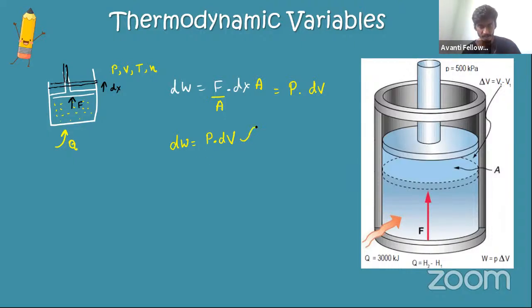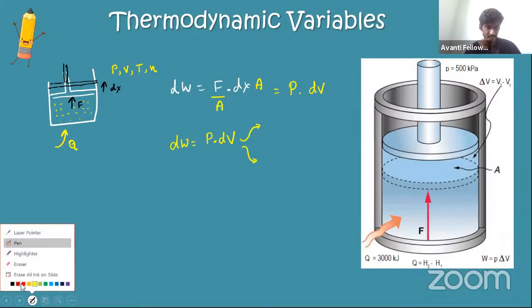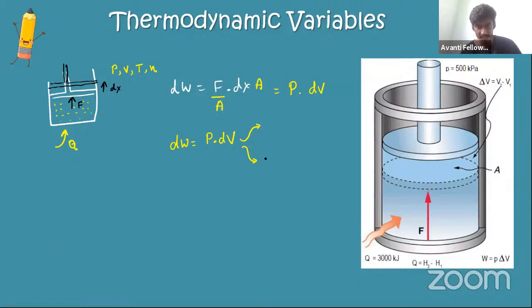This can be done in two ways, in a very simple manner: one is the integral form, the other is the algebraic form. The integral form: work done is equal to integral of P dot dV. The algebraic form: work done is equal to P into (V2 minus V1). If there are only two states, initial and final, you can use P(V2 minus V1), because dV, the change in volume, is V2 minus V1. But if there are many steps, 100, 200, 300 steps, then you can use the integration. That is the easiest way to calculate work done.